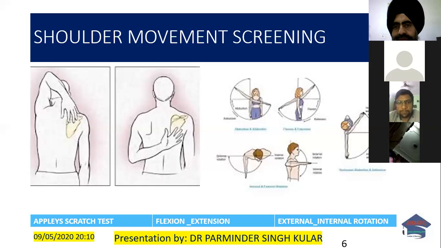So we go to the next slide. This is the common brief screening for the movements of the shoulder. This is the Apley scratch test, which is commonly known. We just make the patient move his arms like this. This is full external rotation on the first slide. This is the full internal rotation, and these are the range of the movements: forward flexion, extension. All these are the important common movements around the shoulder.